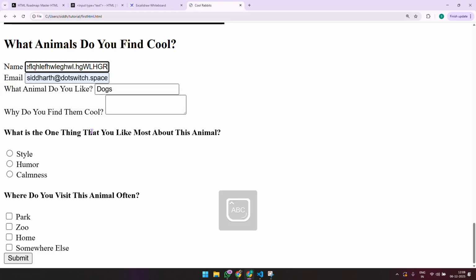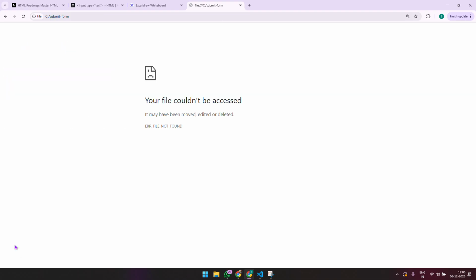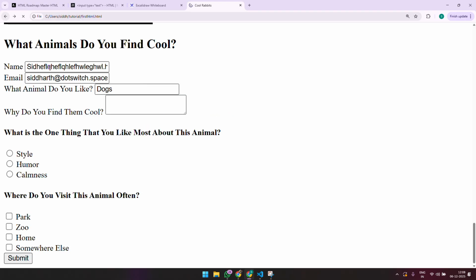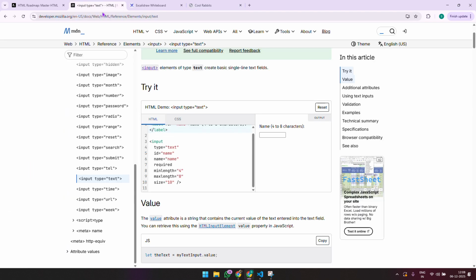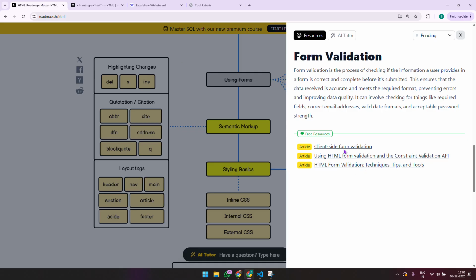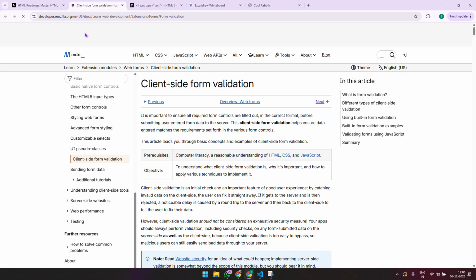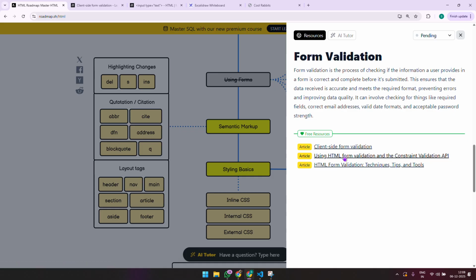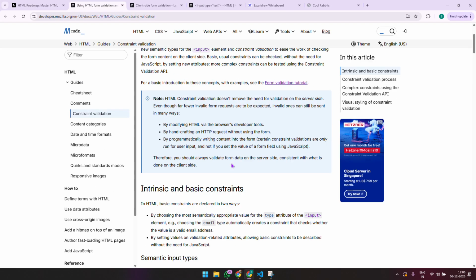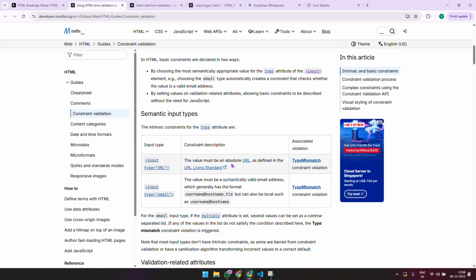If I type more than 30-40 characters, it'll stop me somewhere. So yeah, that's the idea of a validation. So if I go to, not client side, let's say if I go to using HTML form validation,